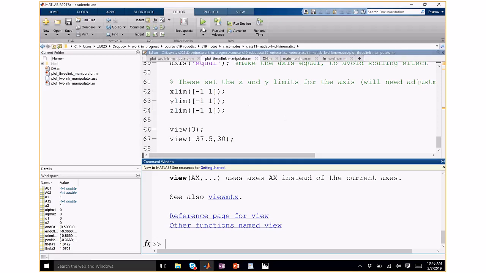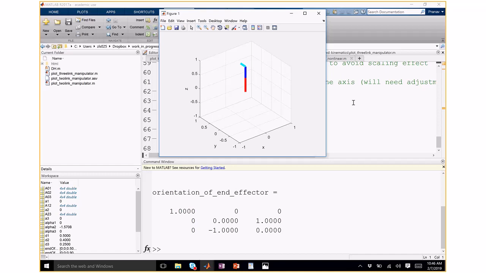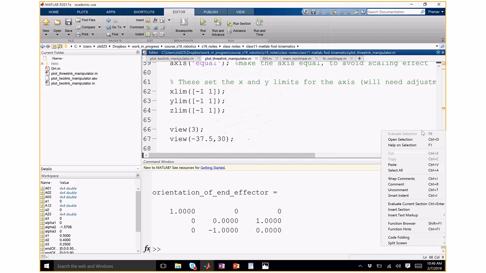So let's run this first. All angles, all distances are 0. So this is how the manipulator will look if you put everything equal to 0. When you looked at the joint config, just the joints, it was not very obvious, but this is how it will look. And then you can change